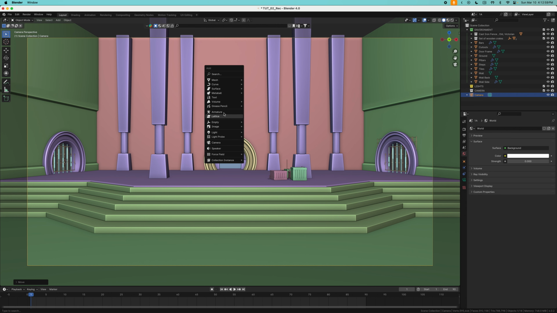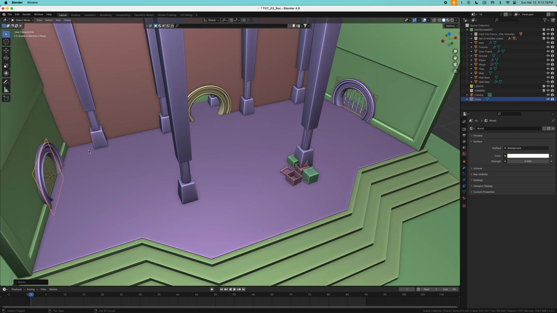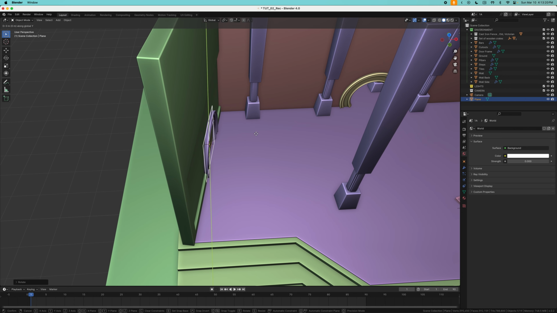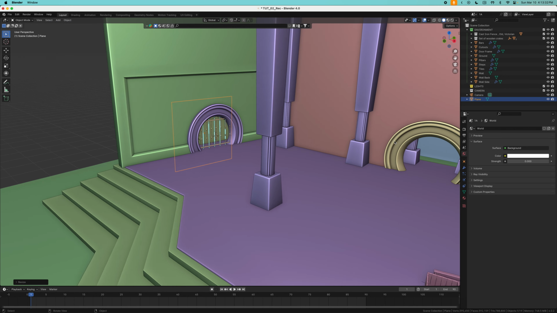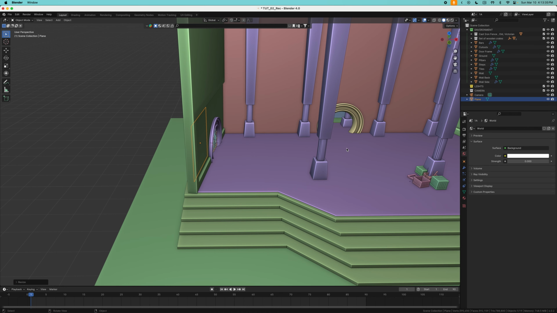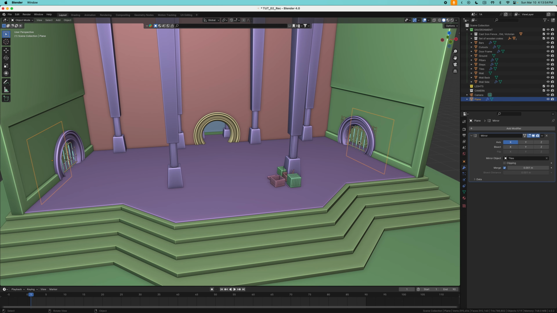Shift A and create a plane, RX 90 and RZ 80 degrees so it faces the cutout. Let's go to it and move it back with G and X a bit more, scale it up with S, and this looks good. Now we need to mirror it to the other side. For that we're going to click the modifiers tab and search for mirror, select the ground as the mirror point, and as you can see we have the same plane on the other side.